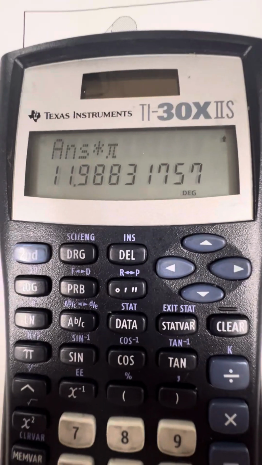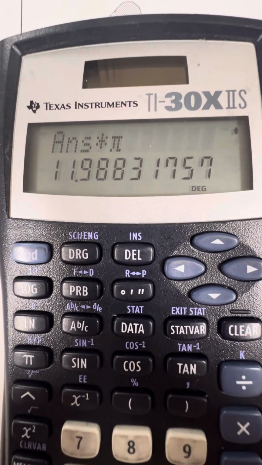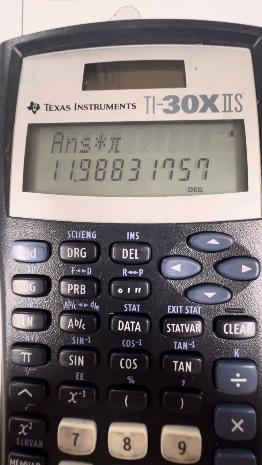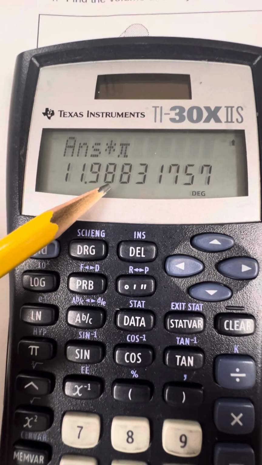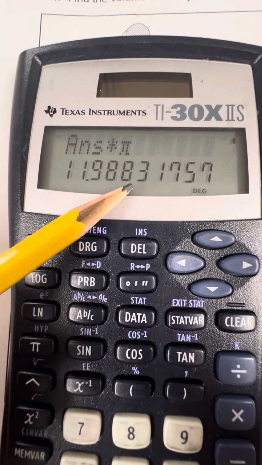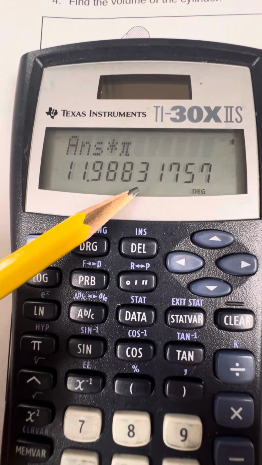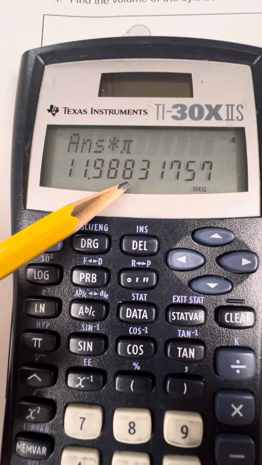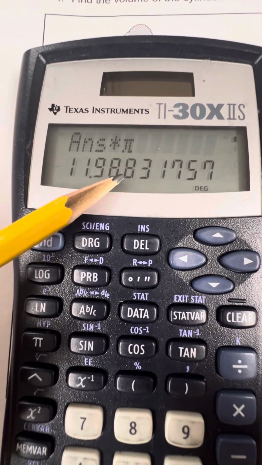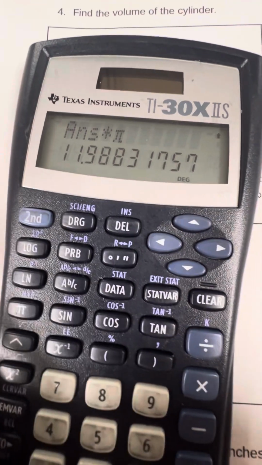Now, when I do the equations, I always make sure I round to the nearest. Usually we do nearest 100. So in this case, I'm looking at this 8 here. I'm going to look at the number right after it because that's going to tell me whether I keep the 8 the same or I round it up to a 9. Because it is an 8, this 8 is going to get rounded up to a 9. So my answer would be approximately